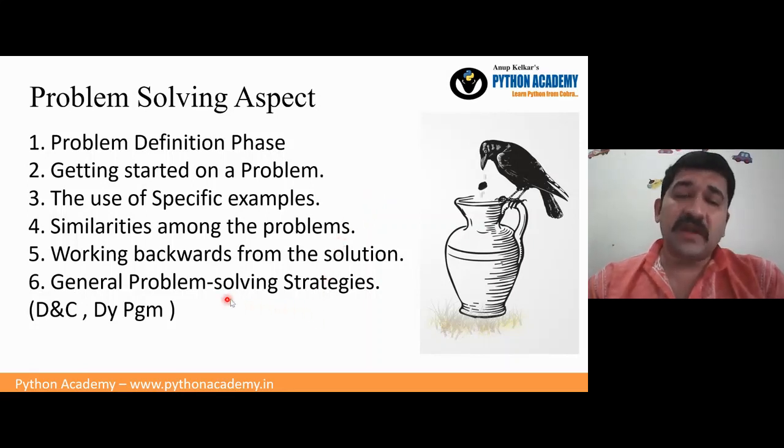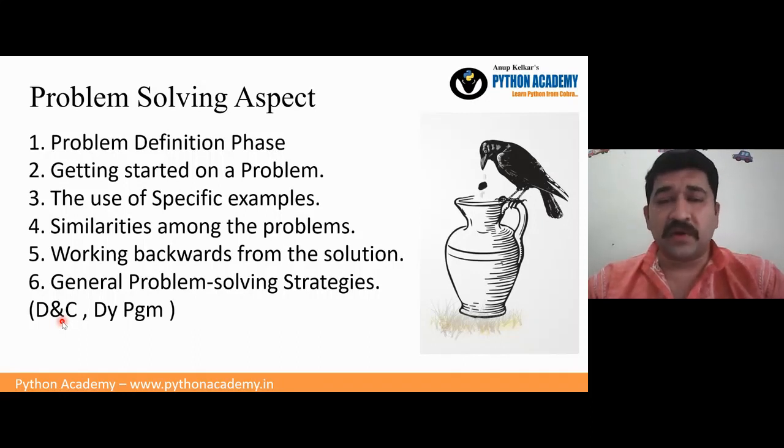There are many strategies available for problem solving. We may not go into detail on all of them, but still I have mentioned some, like divide and conquer and dynamic programming. These are some of the problem solving strategies available under algorithms. Divide and conquer, as the name suggests, is an example like quick sort, where instead of sorting the whole array, we divide the array into two parts. Then we divide the two arrays again into two parts, and so on.